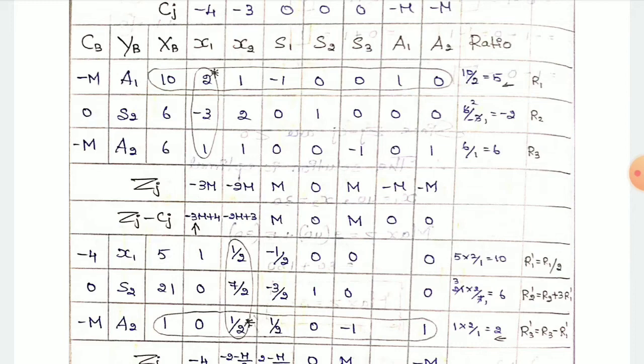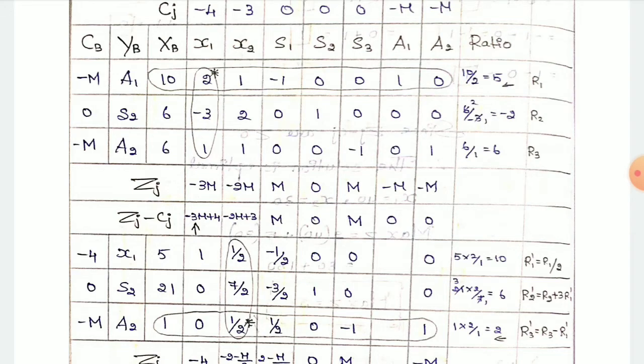So now, in the next table, a1 is the leaving variable and x1 is the entering variable. In the next table you have to insert x1 and eliminate a1, so the a1 column you also have to omit. For that we need no calculation. The next thing is you have to change 2 to 1 and minus 3 to 0. So r1, r2, r3 is this one, which means r1 dash can be written as r1 divided by 2. So the whole row you have to divide by 2.